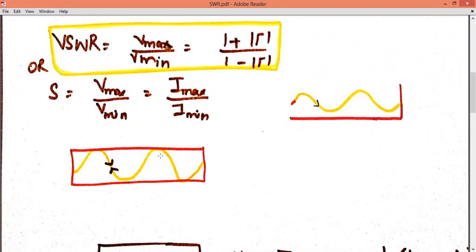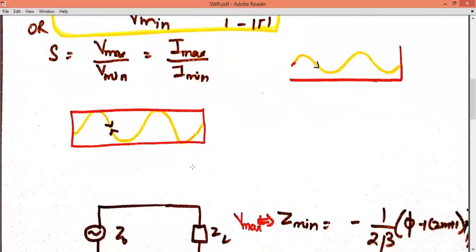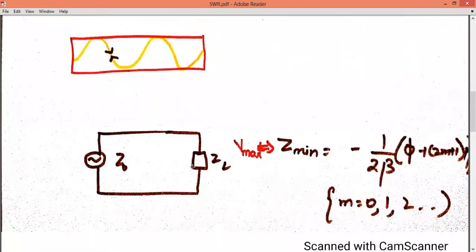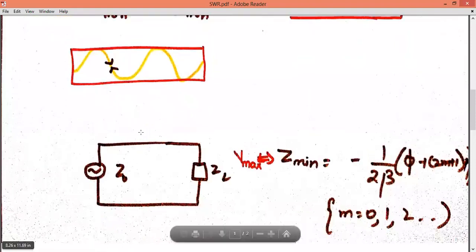So the wave is going and at the same time the wave is coming. It looks like the wave is standing still. It looks like nothing is happening, but actually the wave is going and the wave is coming also. So this is the way we can say that this is a standing wave, but it is not still, it is moving. This is the way to represent it in a practical view. How are we going to understand this? Suppose this is a transmission line, a circuit we are taking here. This is the load impedance and this is the voltage.